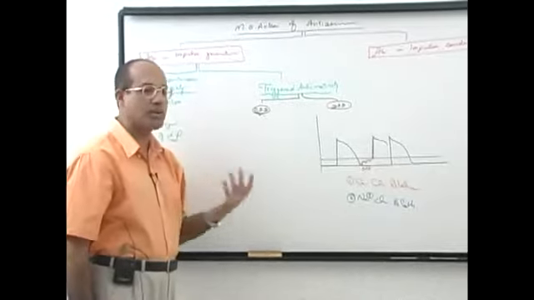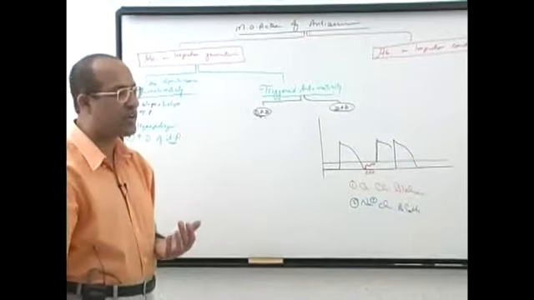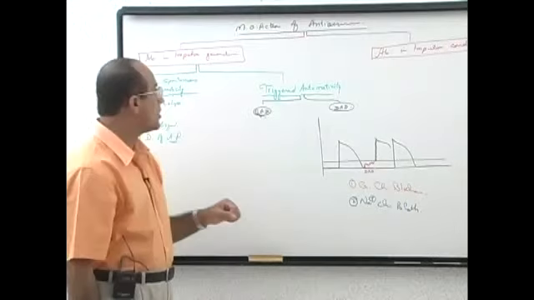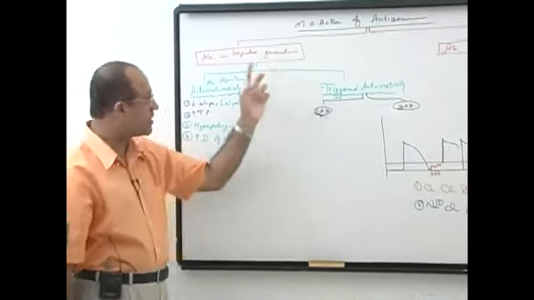So up to now, what have we discussed? We have discussed the mechanism of action of antiarrhythmic drugs in patients where tachyarrhythmias are due to abnormal impulse generation, either due to